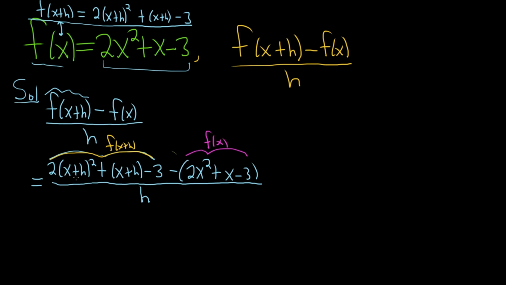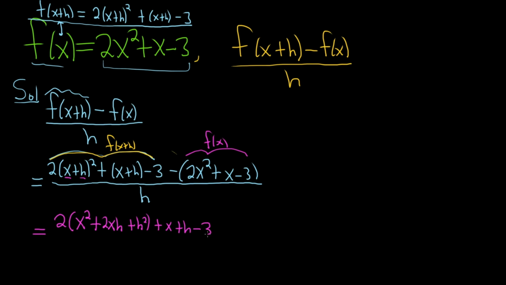So now we have to simplify this. So this quantity here, (x plus h) squared, let me just show you how to do that. Basically, it's just worth memorizing. Whenever you have (x plus h) squared, you square the first one, you multiply these and then you double it, so 2xh, just a formula, and then you square the last one. You could work it out here in the problem, but it's such a mess because then you have to keep writing everything over and over again. It's better just to memorize it. And then plus x plus h